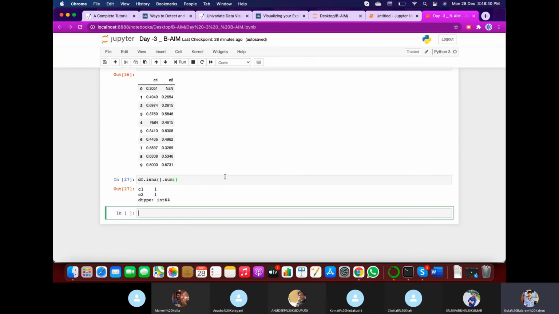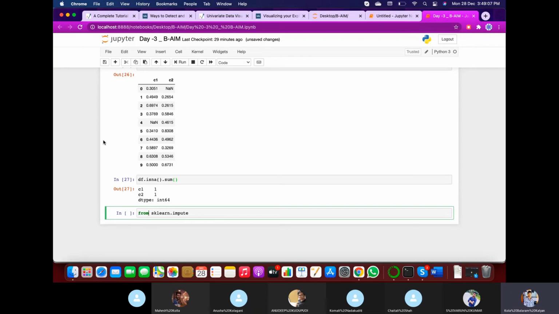So moving on, we need to import the sklearn library with the impute package. So sklearn.impute.